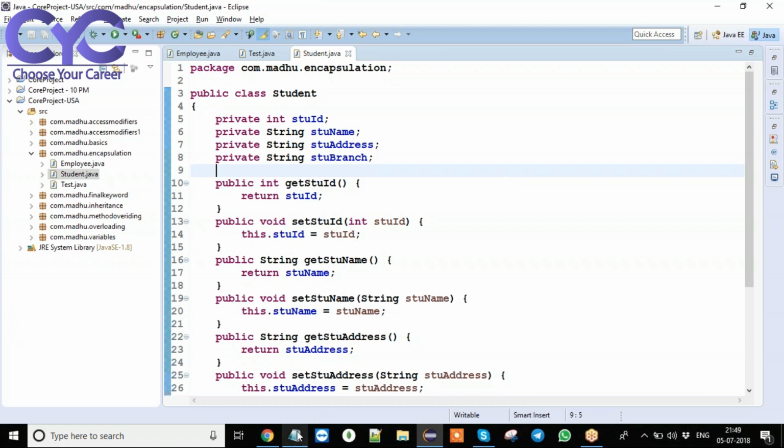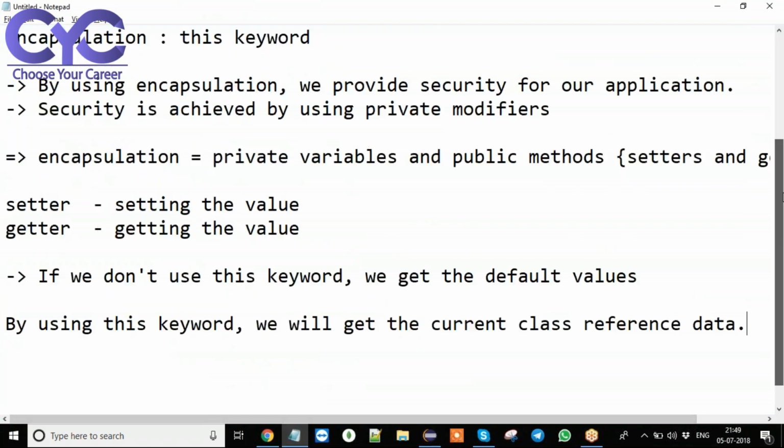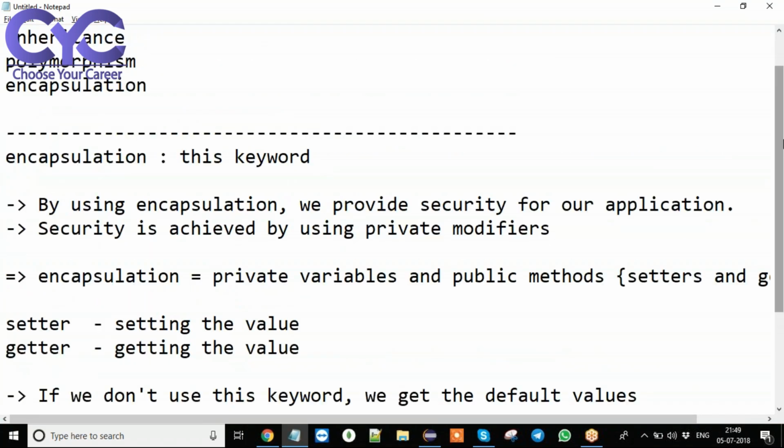Yeah. Okay. Now, see here. Fine. So actually, we are having three object-oriented principles. So basic thing is inheritance, polymorphism, and encapsulation. The encapsulation plays a very key role in our application development. So what we are going to do is by using encapsulation, we are going to provide security. So if anyone asks you about encapsulation, we should say that by using encapsulation, we are going to provide security. That security we are going to achieve by using private keyword. Where we are going to apply this private modifier or private keyword, we can call it as keyword or modifier. We are going to apply this private modifier for variables.